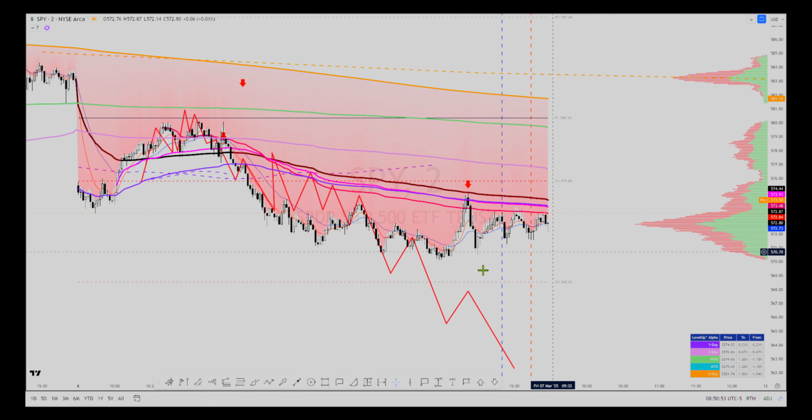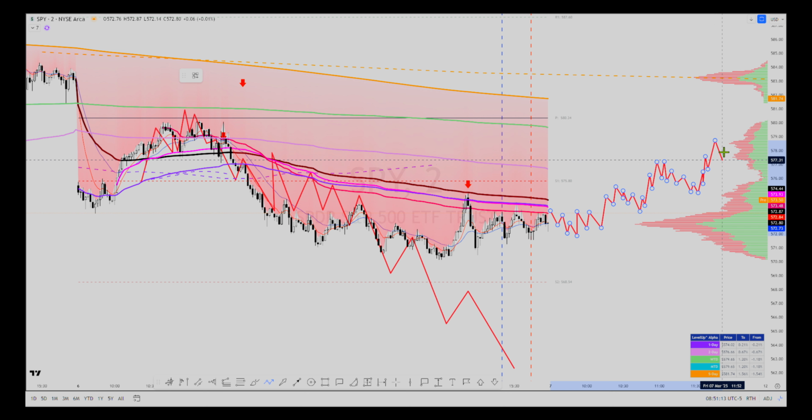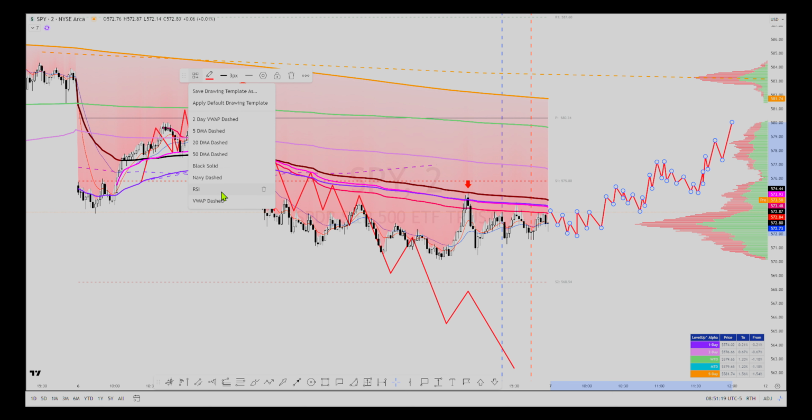So ideally, the situation we'll be monitoring for today is maybe we get a flush right back into here, get back above this 572.70, can push into that gap VWAP, reclaim it, and then get back up to that 3 day VWAP, get some profit taking, push back into that week to date. And that would bring us back up to that 5 day moving average. That'd be our bullish scenario for today.